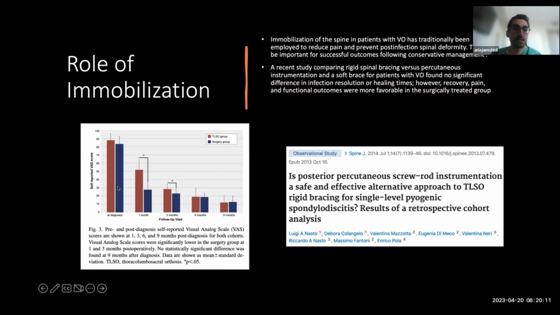However, you can see in their figure 3, in terms of the visual analog pain scores, the pain in the surgery group improved a lot faster from diagnosis to 1 month. You can see the significant difference at 1 month and 3 months, and then these two kind of balance out at 9 months. But it's important to realize that this can be a treatment option in a carefully selected